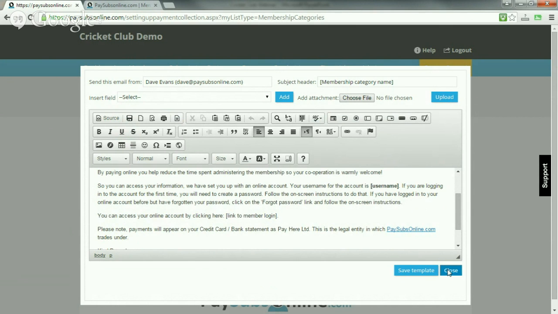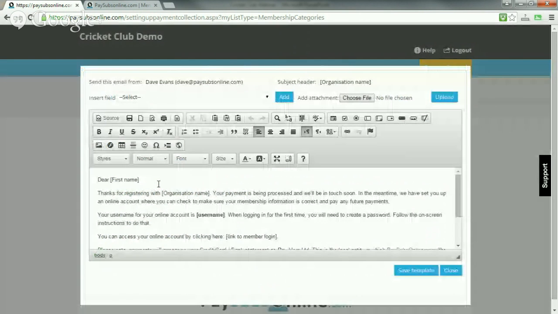The next one is the welcome email template. This is for new people joining, so this automates the communication with new members. They register online, and as they do, the system will send them a welcome email. Again, thanks for registering, this is their username, and this is the link to the member login page so they can keep their own info up to date. You can also upload a file to it, particularly useful if you want to send them a welcome pack or maybe the code of conduct, any policies that you've got, you can do that there.